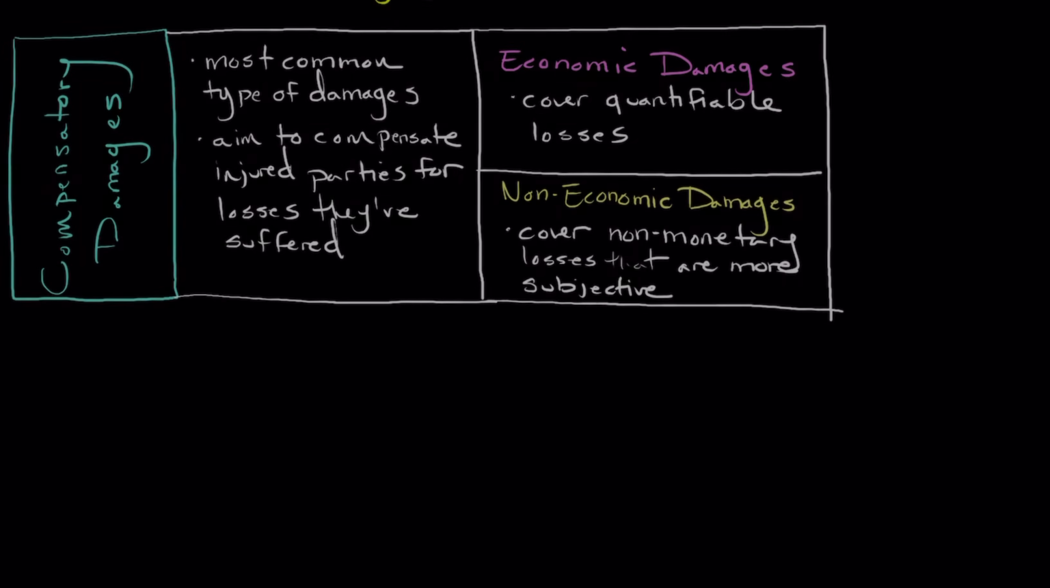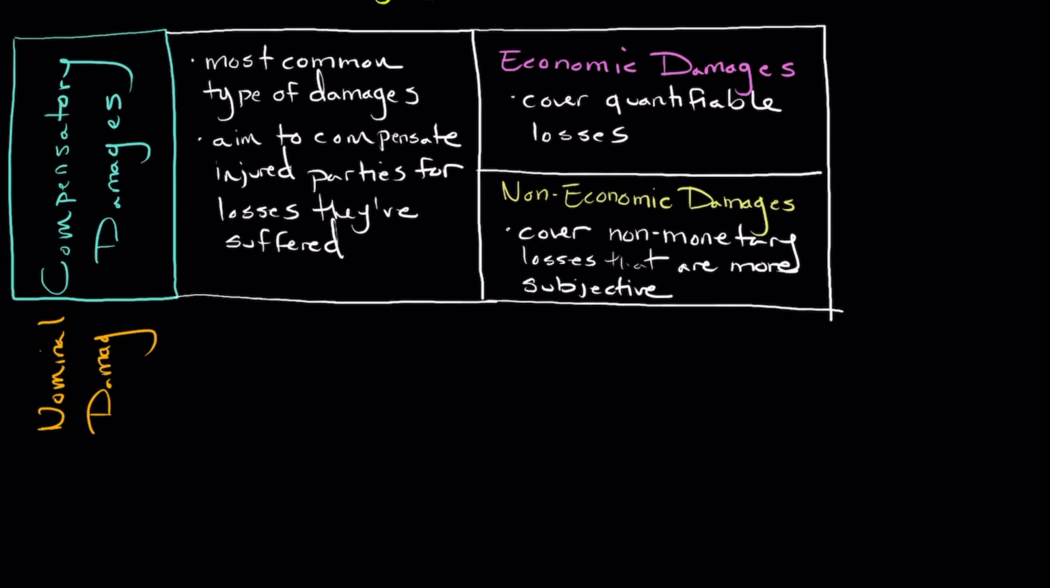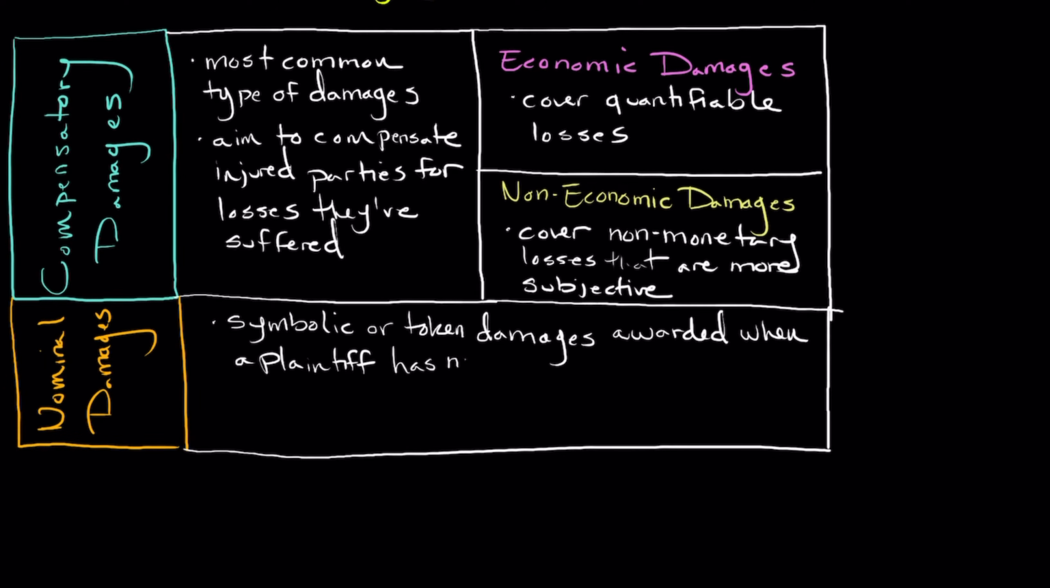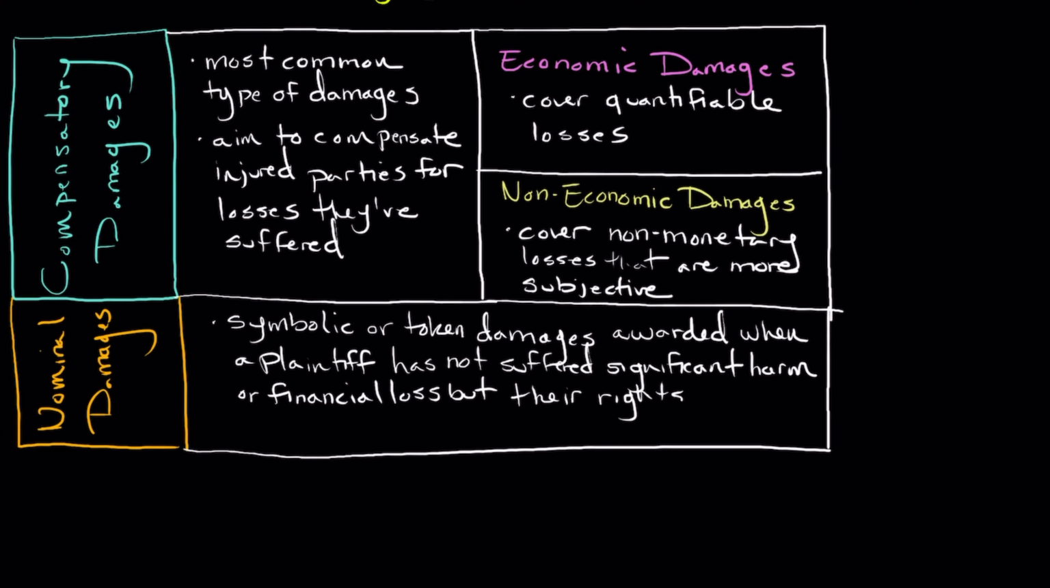The next type of damages we're going to explore are what are called nominal damages. Now, nominal damages are symbolic or token damages that are awarded when a plaintiff has not suffered significant harm or financial loss, but in some way their rights have been violated. Now, these damages are typically minimal and can be even as low as $1 and serve to really just recognize